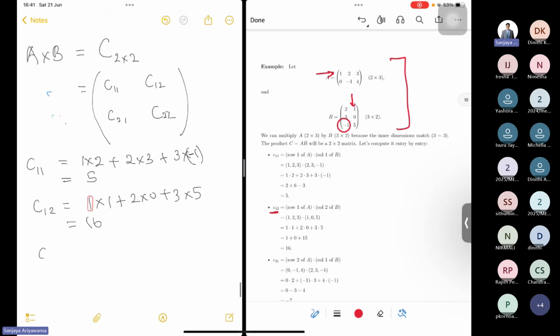This is a little bit tricky. So you need to practice a lot on this. So how do you calculate C21? Sorry, C21, this component. You take the second row and you multiply it by the first column. Second row multiplied by the first column. So then you have 0 times 2 plus minus 1 times 3 plus 4 times minus 1. So then you get